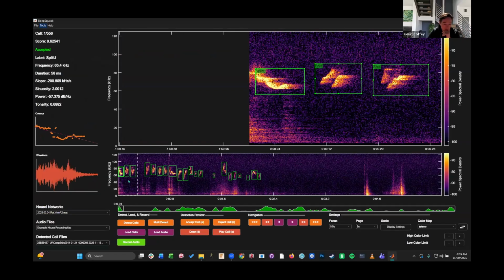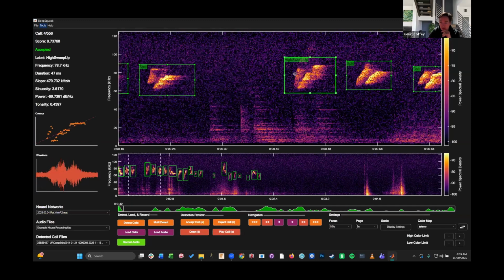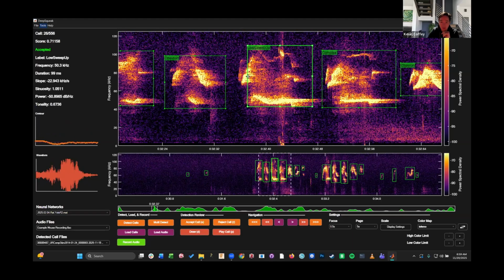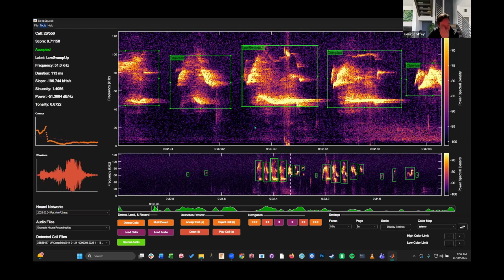Basically, whenever you have new calls loaded in, you can manually go through the file. You can look at every individual one. You can jump around. If you notice something wrong, like here it didn't capture the entire call, you can manipulate any individual box. We find that on very, very large data sets, we kind of tend to